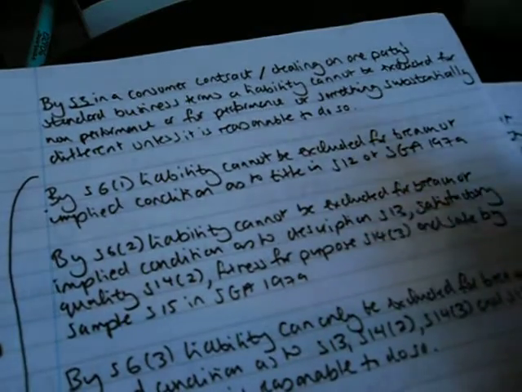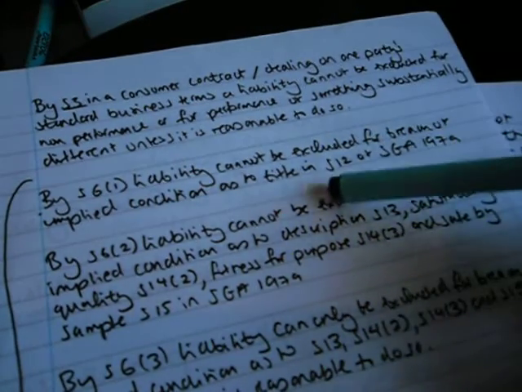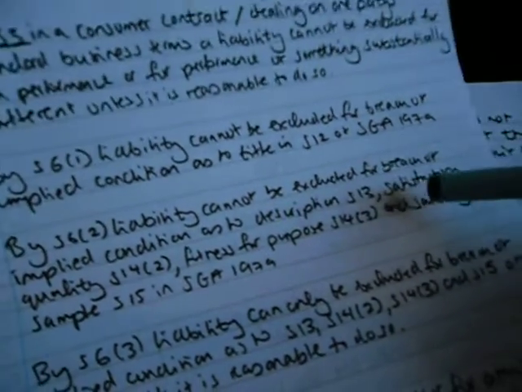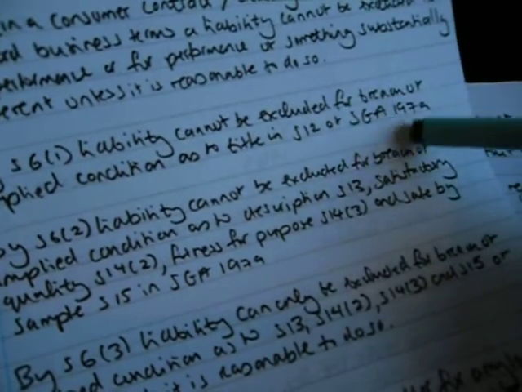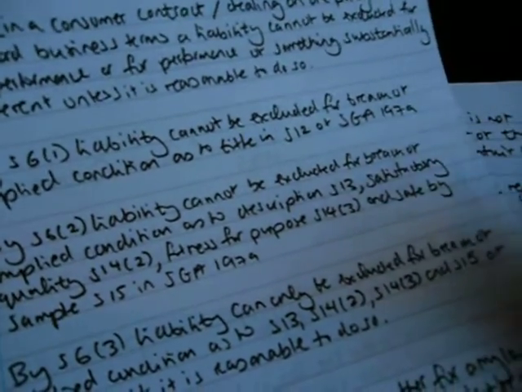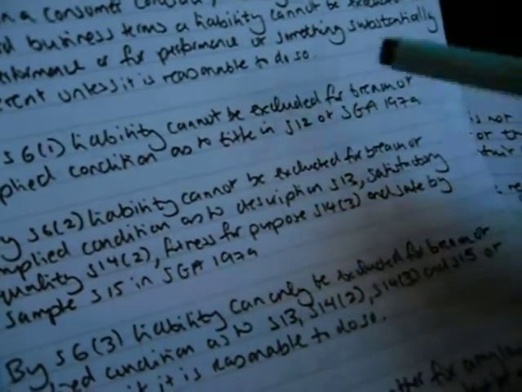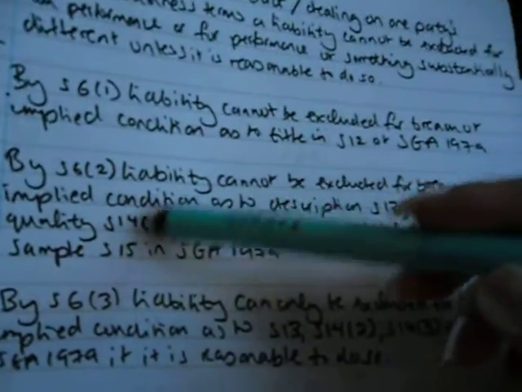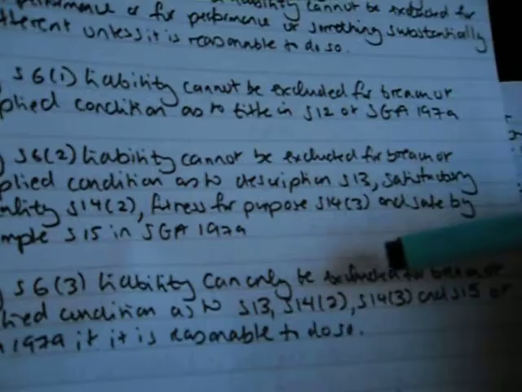So liability cannot be excluded for breach of implied condition as to the title in section 12 of the Sale of Goods Act 1979. I will cover Sale of Goods Act in a different video, so I'm going to quickly talk about the exclusion clauses in this video. And by section 6 subsection 2, liability cannot be excluded for breach of implied condition as to description, section 13, satisfactory quality, section 14 subsection 2, and fitness for purpose, section 14 subsection 3, and